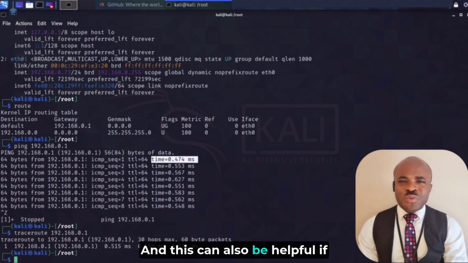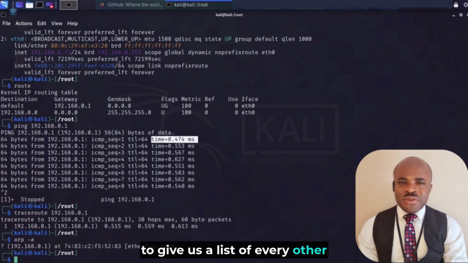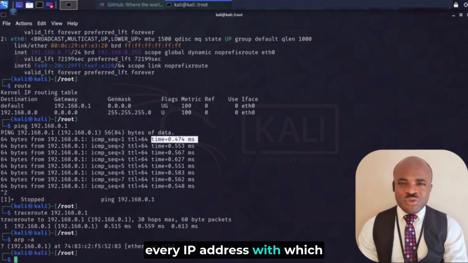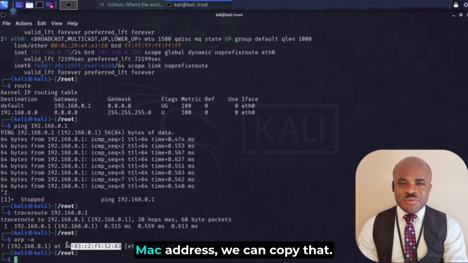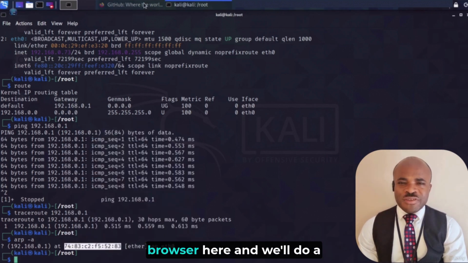And this can also be helpful if we are trying to discover intel about a particular device. So let's say arp -a, and that is going to give us a list of every other machine on this network that this particular machine has knowledge about. Or in other words, every IP address with which we've communicated will be listed in this ARP table along with the corresponding MAC address. And so what we can do here, in order to gather some intel, we can actually highlight this MAC address. We can copy that, and I'm going to jump into a web browser here,